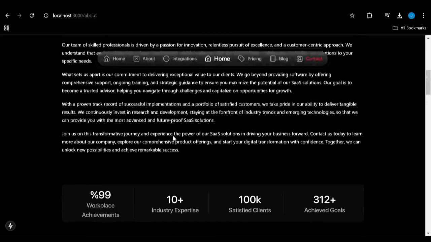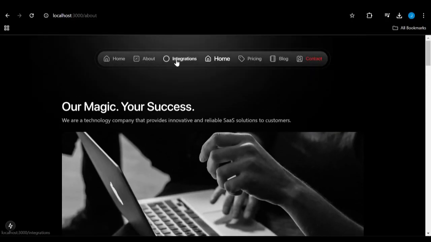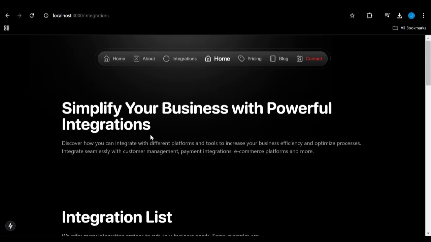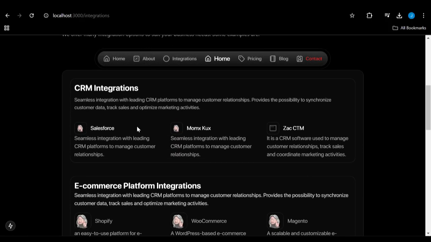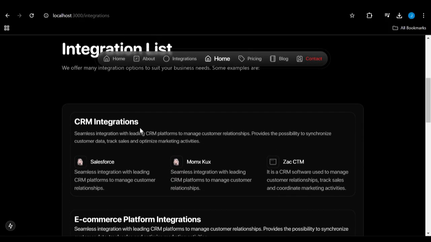And yeah, so here is the about. So I will head towards the integrations, and as you can see, it's very fast. The URL changes fast. Okay, so here as well we have got something, and the designs are so different and so unique, and this is the kind of thing that will make you a very good